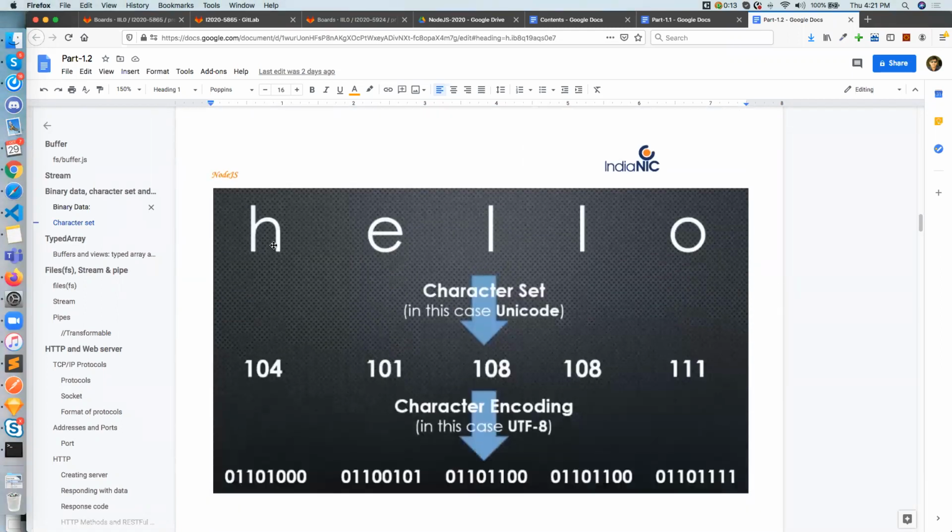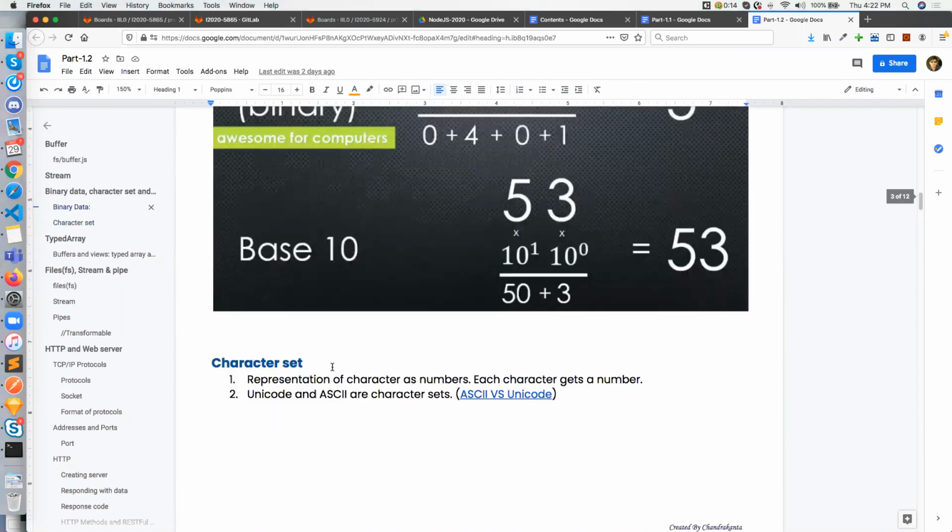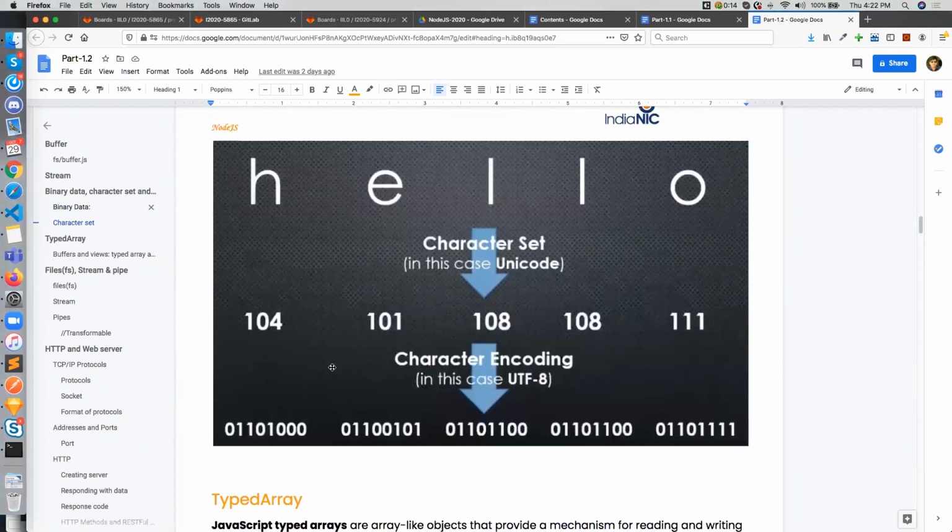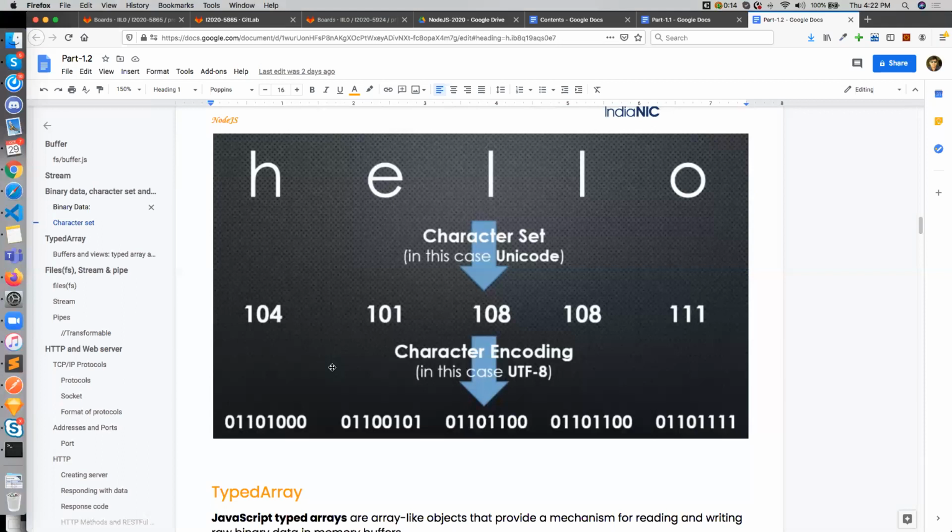For example, small h, the ASCII value is 104, but when it is stored in the database it will be stored like this, in binary. So if you convert this binary number to decimal, it will be 104. If you apply this conversion, then it is 104. So whenever somebody asks you how data is stored in memory, for example A B C D,